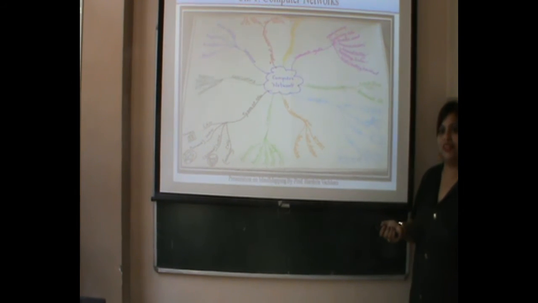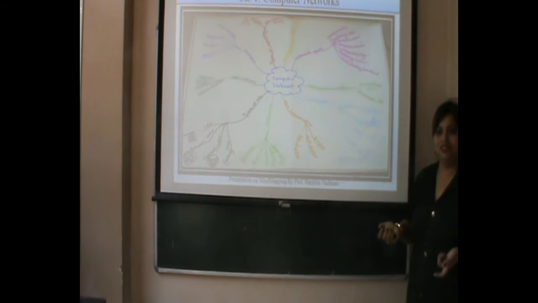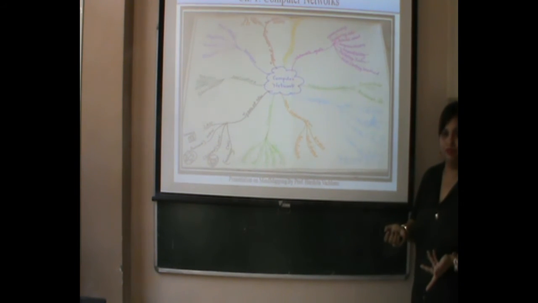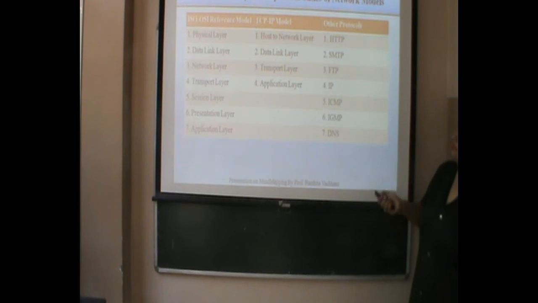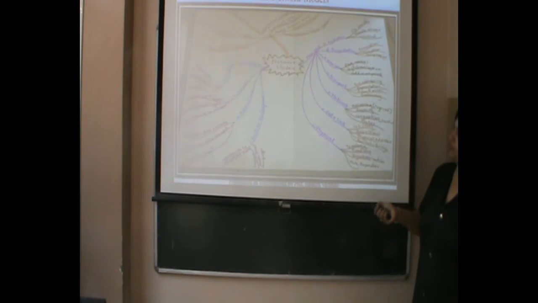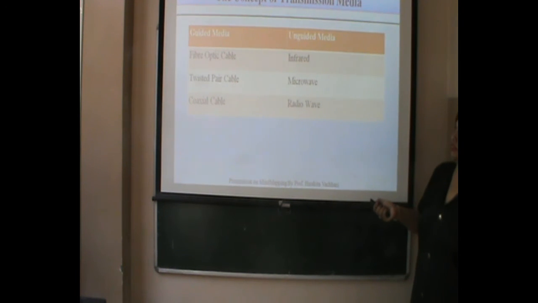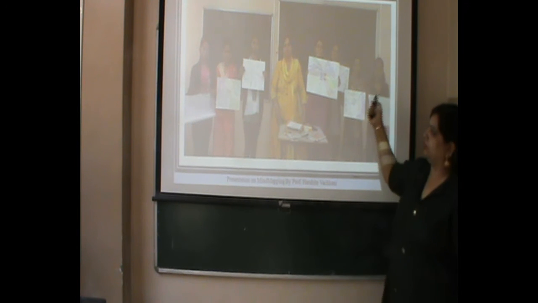So what they did during the exam, they needed to carry only the 6 pages. 6 chapters, one mind map for one chapter, it's easy for them to remember. So in this way we did for the second chapter and all the rest of the chapters. This was the activity which we did in our class. And all the 7 chapters were on mind maps.